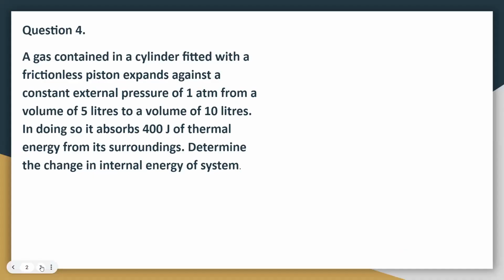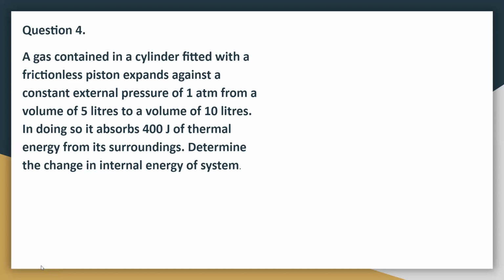Question number 4. A gas contained in a cylinder fitted with a frictionless piston expands against a constant external pressure of 1 atmosphere from a volume of 5 liters to a volume of 10 liters. In doing so, it absorbs 400 joule of thermal energy from its surrounding. Determine the change in internal energy of the system. So, here